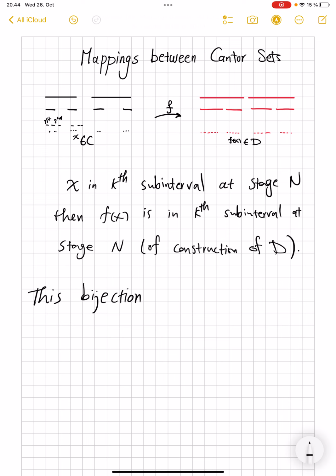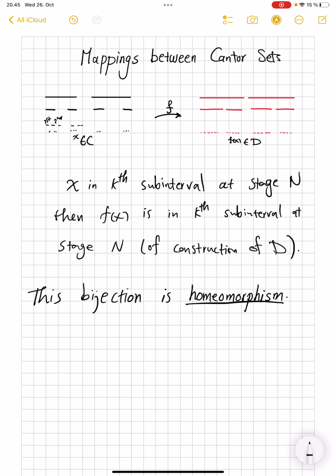Given f of x, there is a unique sequence of subintervals that zoom in on f of x and find the same back here in the domain. But in fact, this bijection is a homeomorphism, that is, it is continuous and its inverse is also continuous as well. Well, maybe this last part needs some more argumentation, but